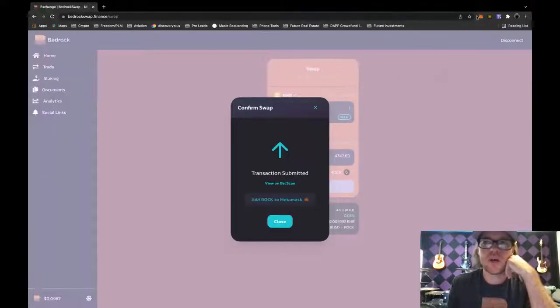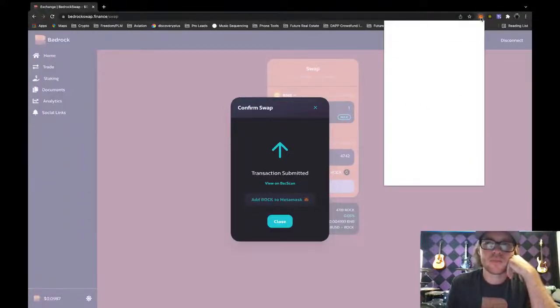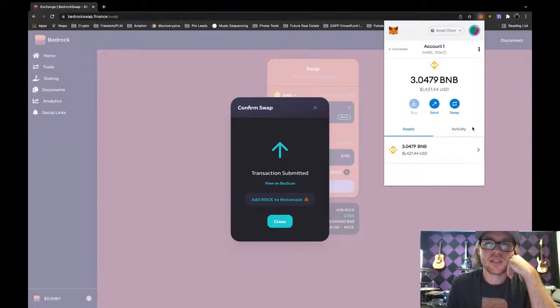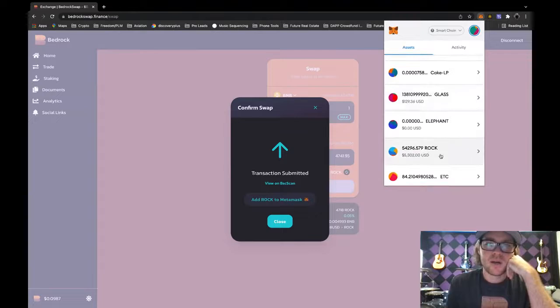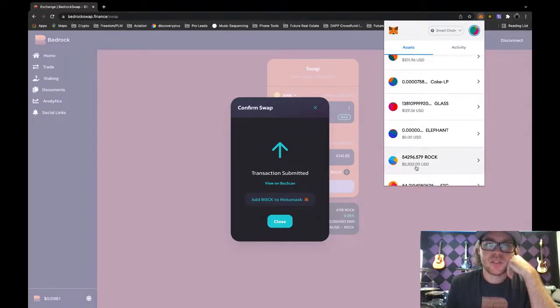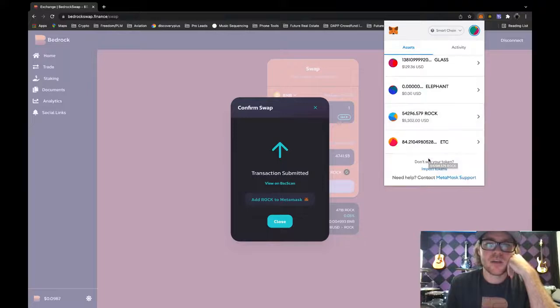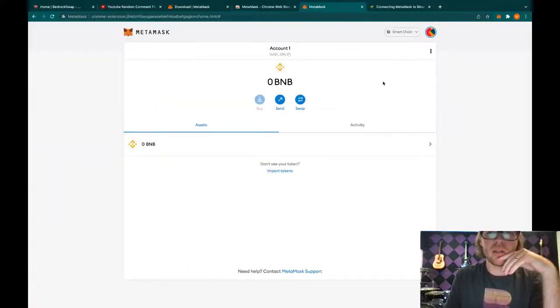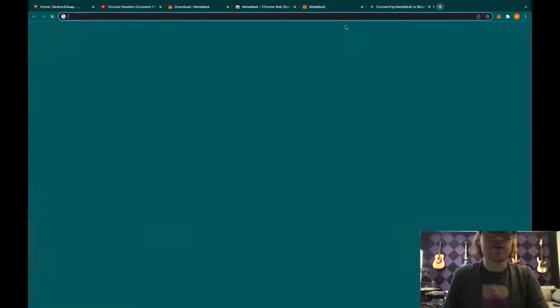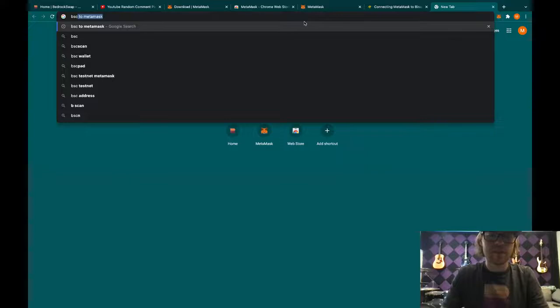If it doesn't show up, meaning when you come into your assets and you're trying to figure out how many Rock you have, you'll need to import the token, and how you do that is down at the bottom. So while we're waiting for this to come over, I'll go back into my other example wallet here and do import token. How we can find that is go to